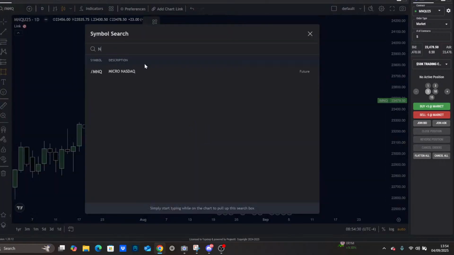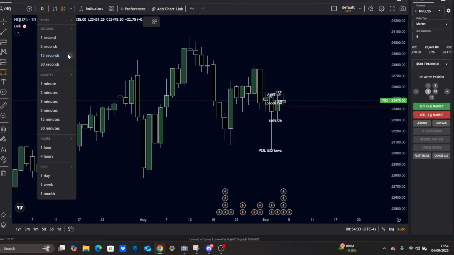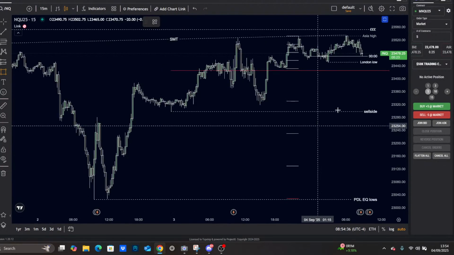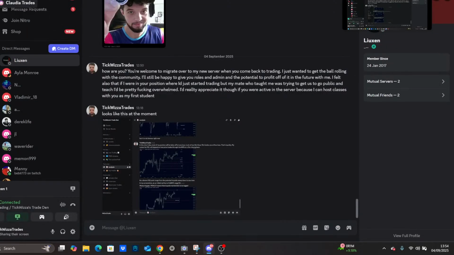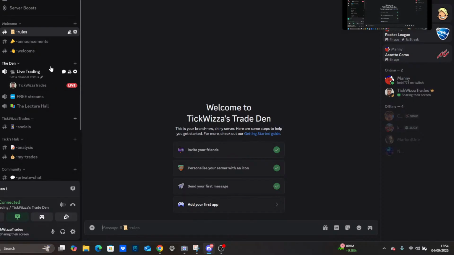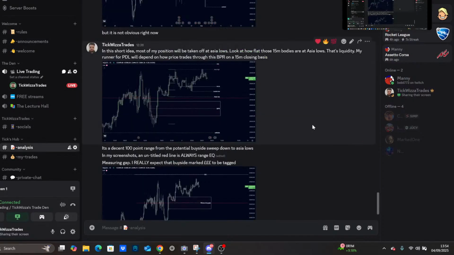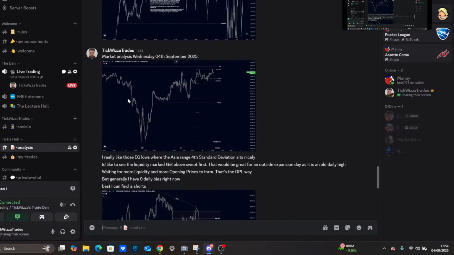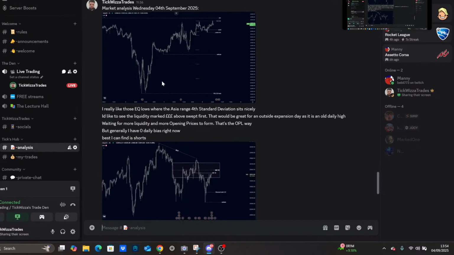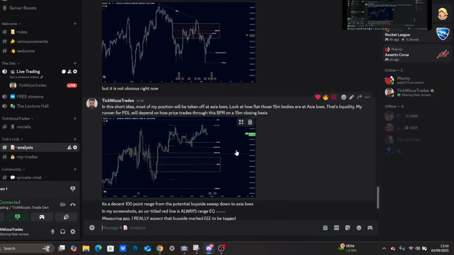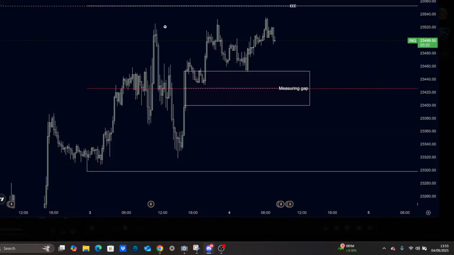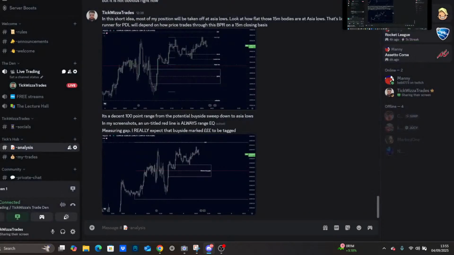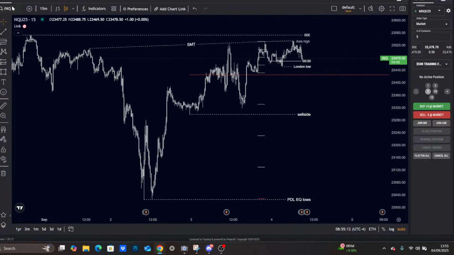So I've got all my analysis drawn out on the NQ chart, and that means that I was silly and I need to redraw it on MNQ. But just a quick checkup in the Discord community here. I've got my analysis tab, and we can go to market review Wednesday, 4th September, and this is what you get in the community. A few hours before market open, I'll update what I'm looking at. Here you can see I found a measuring gap. I'm expecting price to run up here, up and then down. So I'll just draw everything again on MNQ,